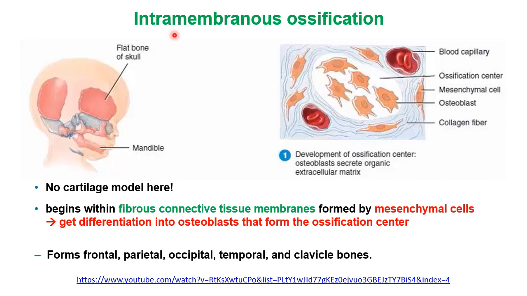Okay, so now we go to this other one, intramembranous ossification. That tells you it's happening inside of membranes. You say, what membranes? Well, the membrane that is right over there at the head of this fetus, right? So first you have this membrane. It is fibrous connective tissue, right? Now, what happens in that tissue is that you're also going to have these mesenchymal stem cells in the fibrous connective tissue. And when those mesenchymal stem cells are getting together in this fibrous mesh, okay, so now you think about,